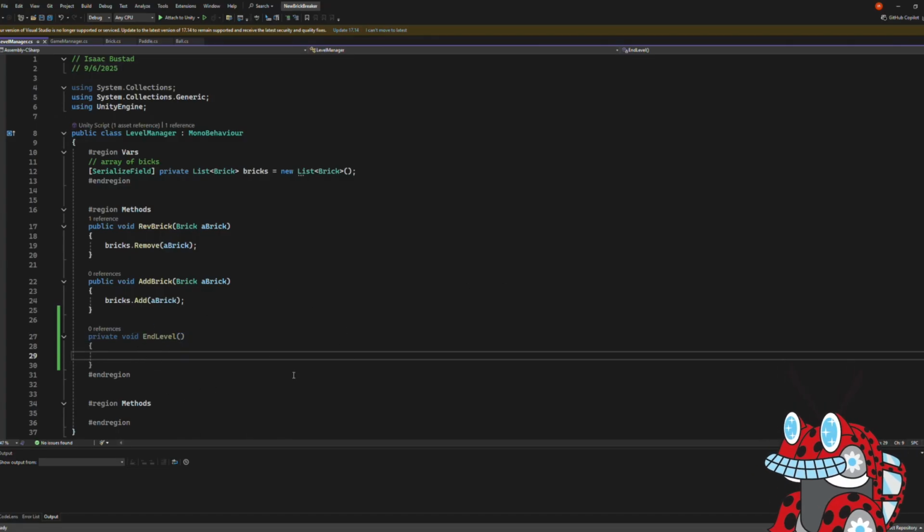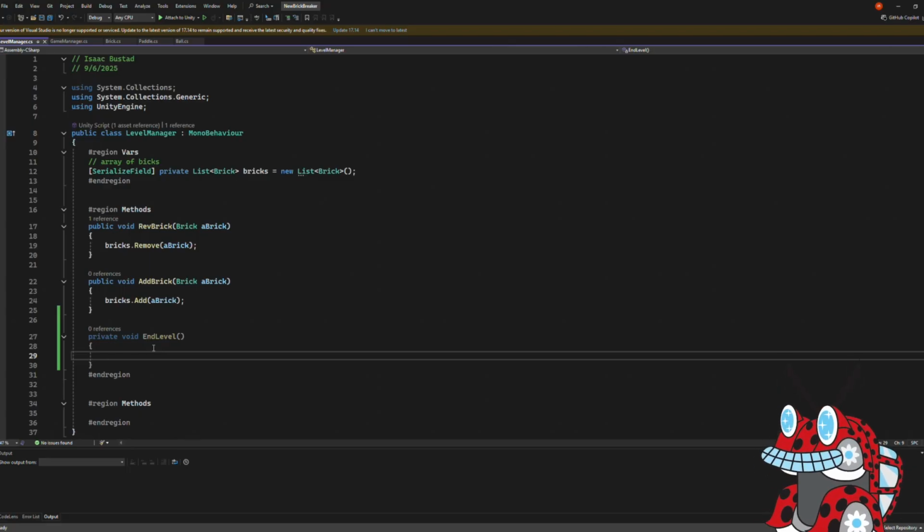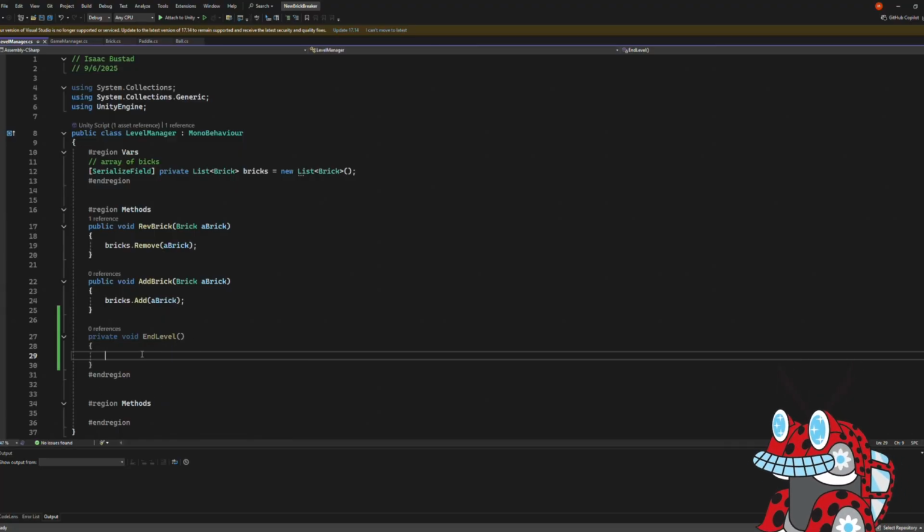I don't want end level to necessarily do a whole lot. I kind of want it just to be here to tell the end of game canvas to turn on. It'll probably turn off some references like the ball in the scene and whatnot. So do some simple things. Let's maybe list them out right now. So turn off ball,